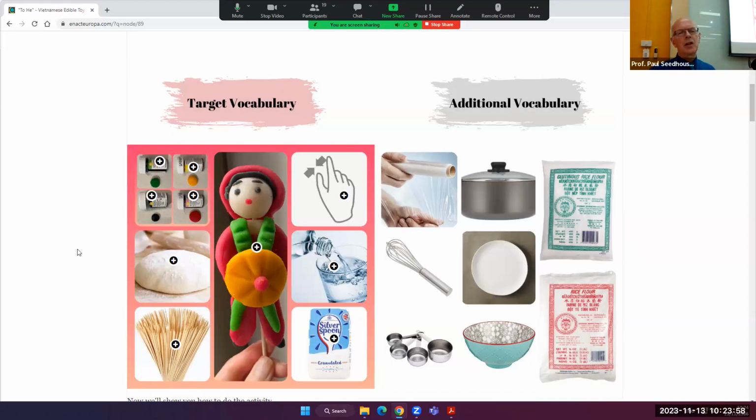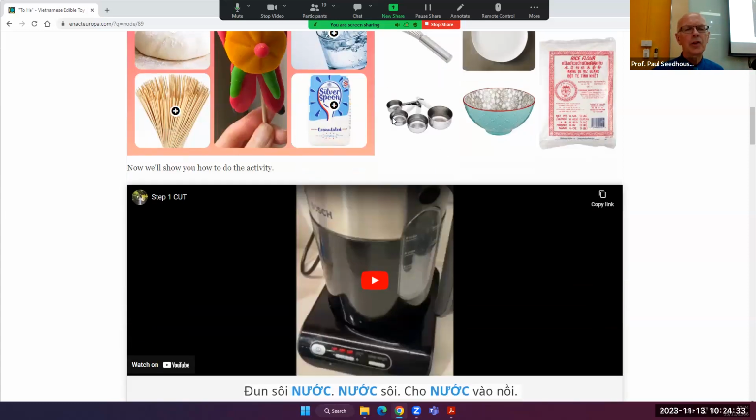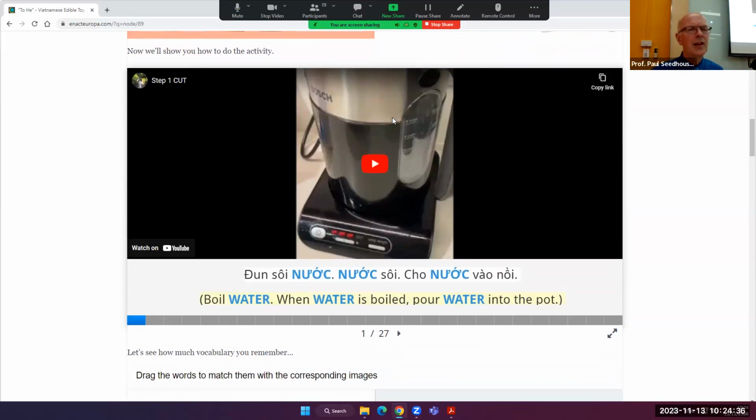So then the idea is you go through all of the vocabulary and you play it as many times as you want to learn all of the vocabulary. And we normally say no more than 10 vocabulary items for learning. A bit much, and we're going to test vocabulary. There's additional vocabulary as well. So the idea is you get all of the items together before you start learning all of the words. And at that point, then you go on to the activity itself, which is in video form.